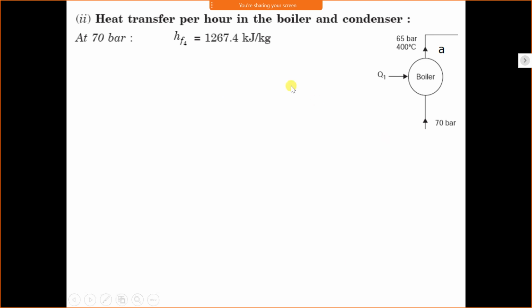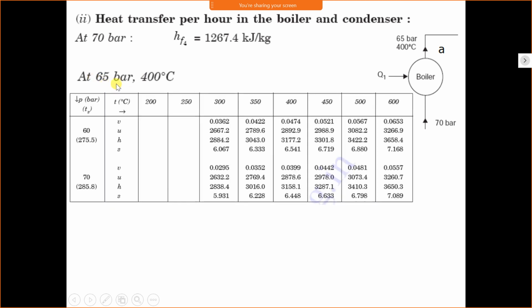Now heat transfer per hour in the boiler and condenser. Let us consider the boiler first. The boiler supplies steam at 65 bar and 400 degrees Celsius. Again here both pressure and temperature are given, therefore it is superheated steam. Now from the superheated steam table at 65 bar and 400 degrees Celsius,